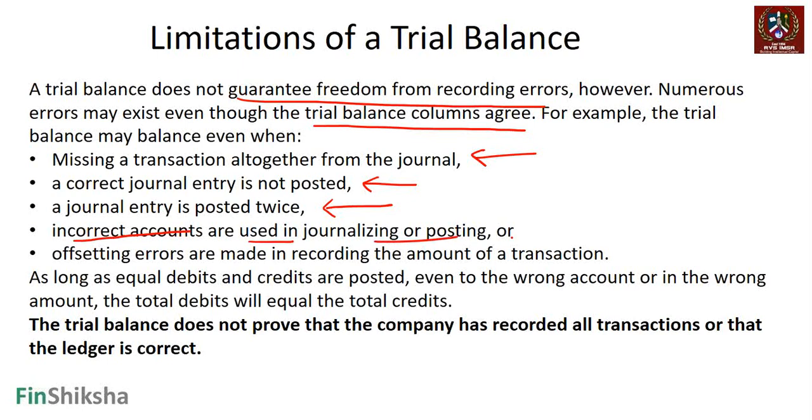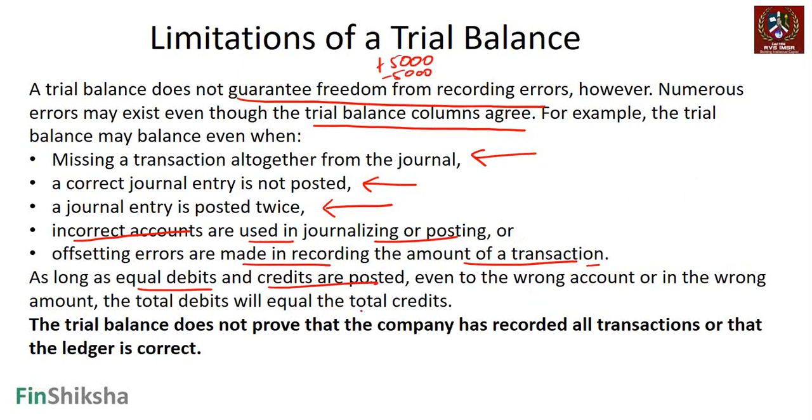For journalizing or posting. So at the end, while the ending balances are the same, you could have a problem where the trial balance may not look correct, right? Offsetting errors are made in recording the amount of transaction. So I make two errors, one of plus 5,000, another of minus 5,000. It'll be difficult to catch this directly, right? So as long as equal debits and credits are posted, even to the wrong accounts or the wrong amounts,